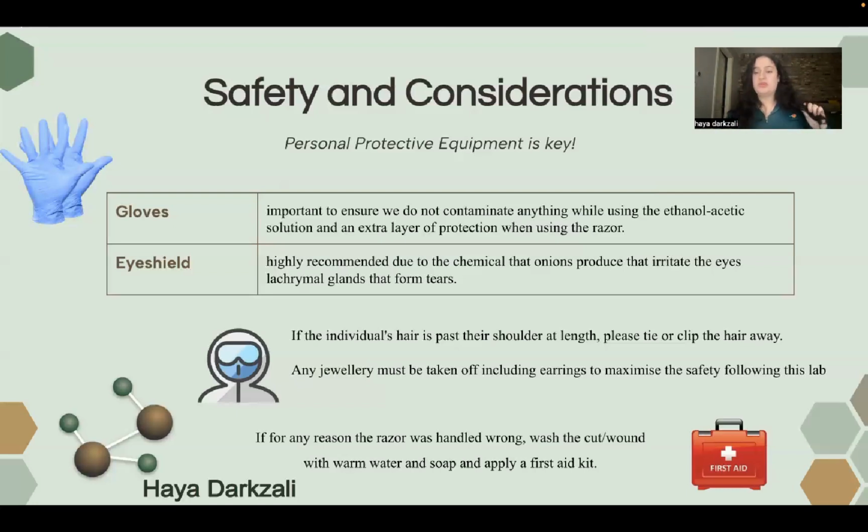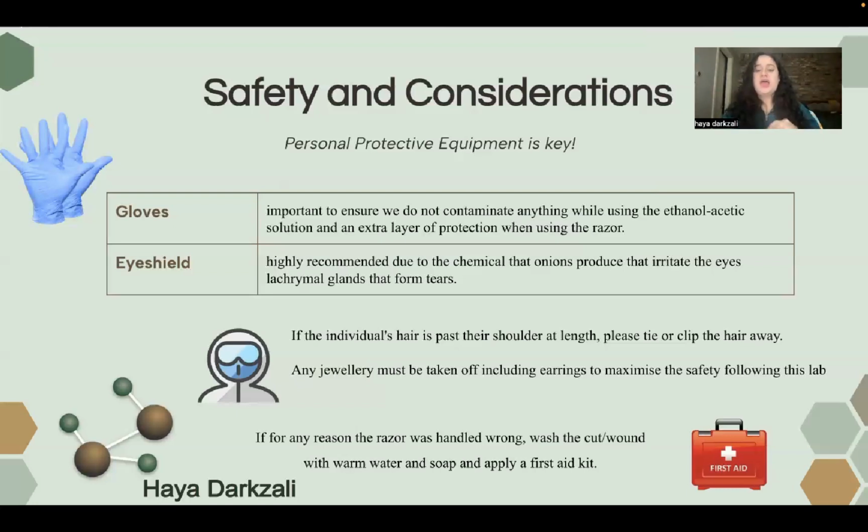You know, we don't want anything in our hair. We don't want to leave with something in our hair and we don't end up noticing or contaminating anything. And then any jewelry that is worn must be taken off, including earrings, just to maximize the safety of this lab. You know, having rings on can lead to it being too sharp and cut the gloves, which also exposes